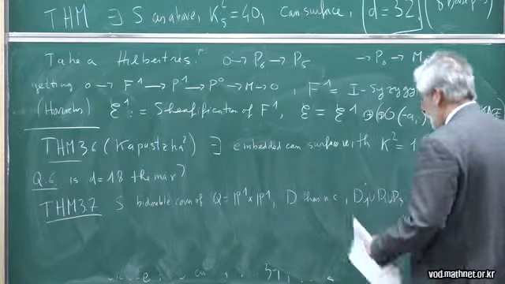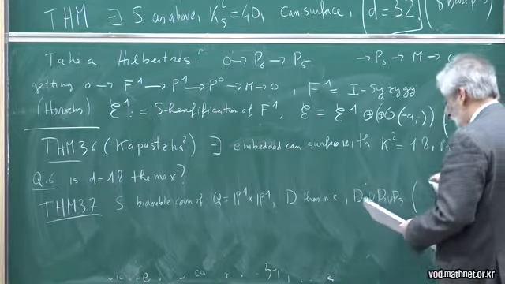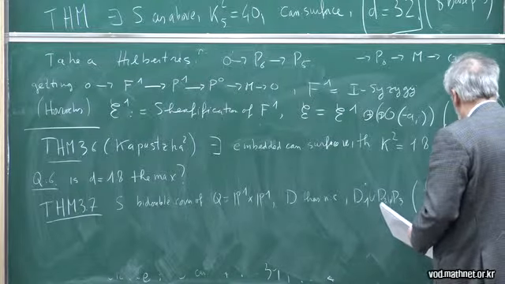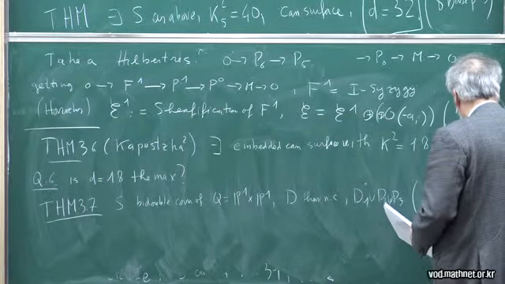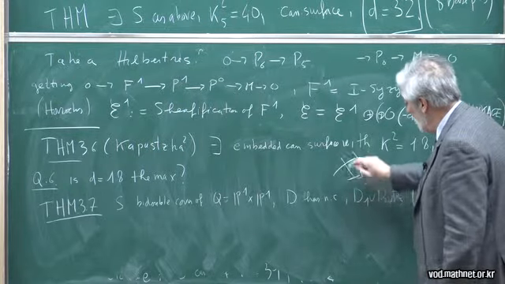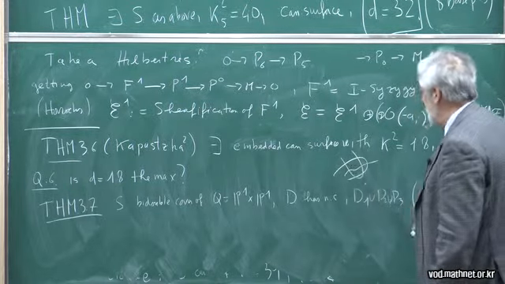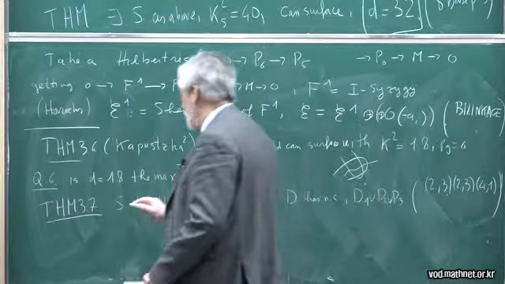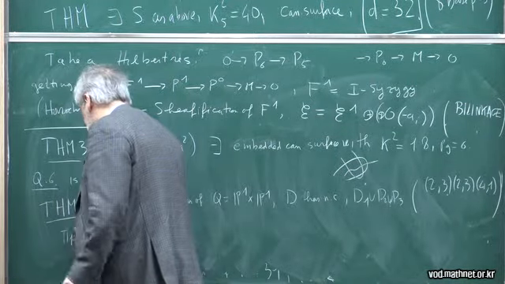And these are of bidegrees of type (2,3), (2,3), (4,1). So I take something which is branched on these three divisors. The divisors are smooth. They intersect transversally in a certain number of points. And now I claim that S is simply connected,